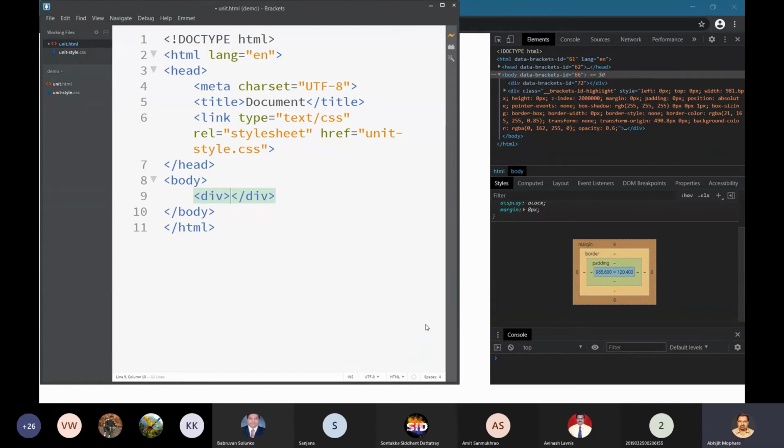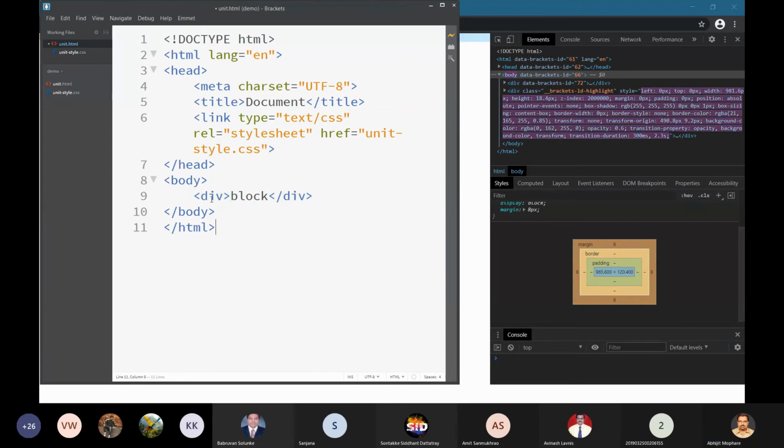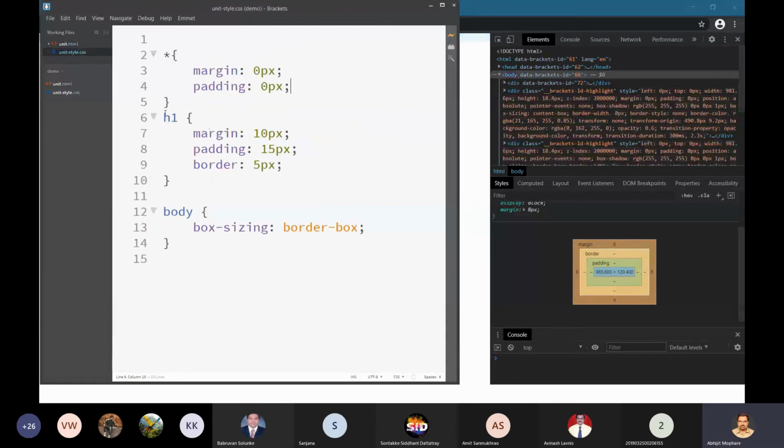Right, so, block of code, and in the CSS file we will have this.